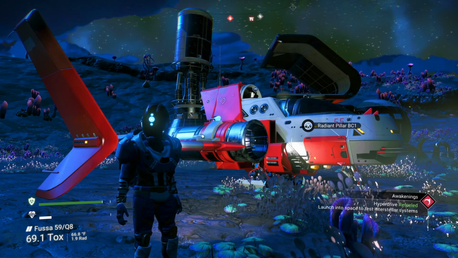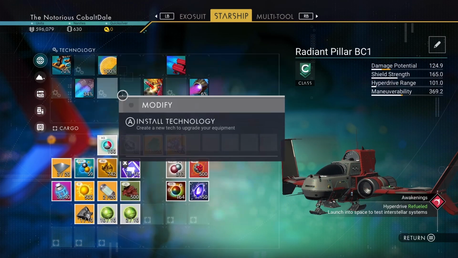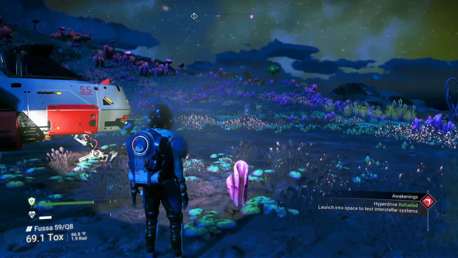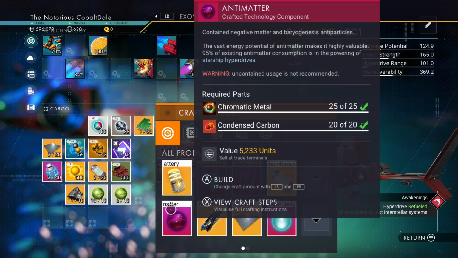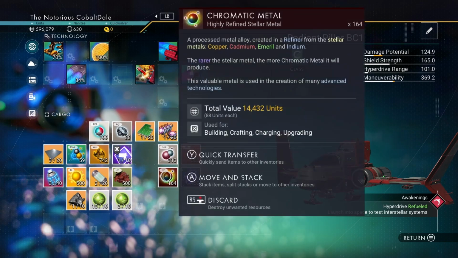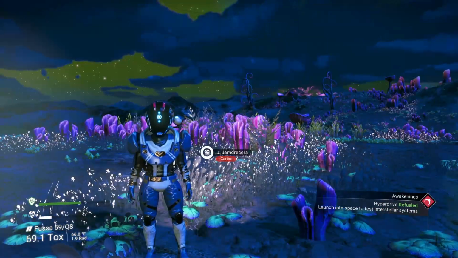Cobalt Dale here, and in the last episode we got ourselves a hyperdrive in our starship, which we installed. We found the blueprints at a freighter and followed some coordinates to a different location so we could get some hyperdrive fuel and learn how to make that. We learned the blueprint to make hyperdrive fuel, which is antimatter and antimatter housing. It takes condensed carbon and chromatic metal. We had to get a bunch of copper to make some chromatic metal, which we did. We made a couple warp cells that gave us up to 34%, and we are ready to take off and